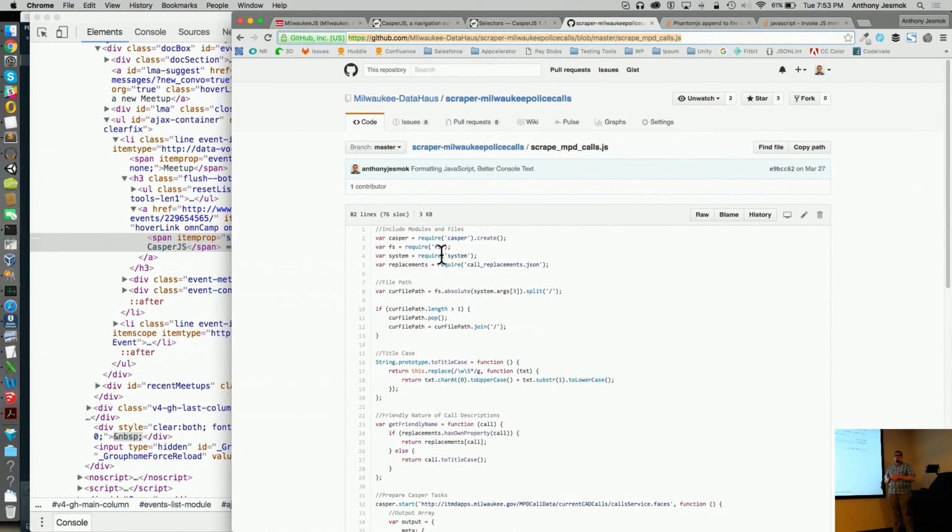Thank you for mentioning server resources because that was my question. What's the lowest end you run? I mean, we talked about a $5 DigitalOcean box or a $20 one. The Milwaukee Data House is running on the $10 box from DigitalOcean.